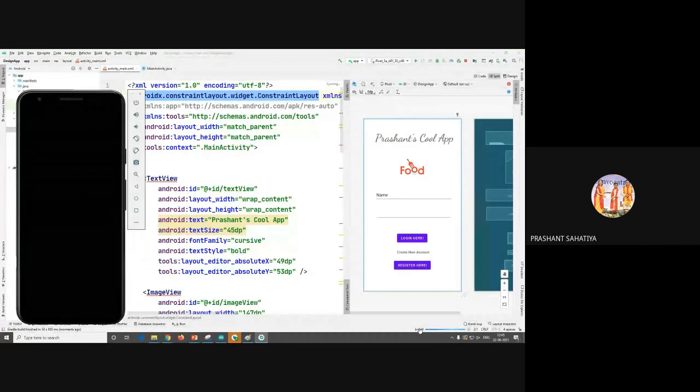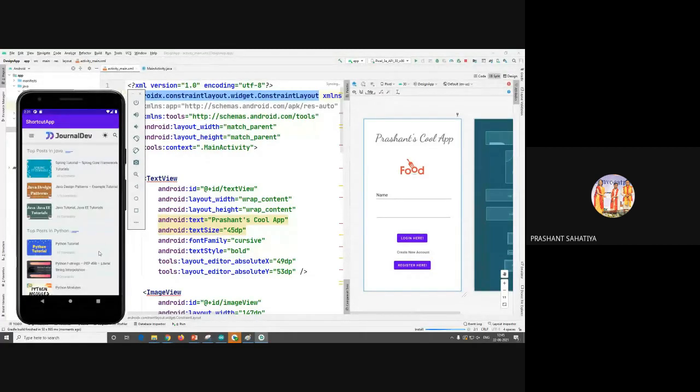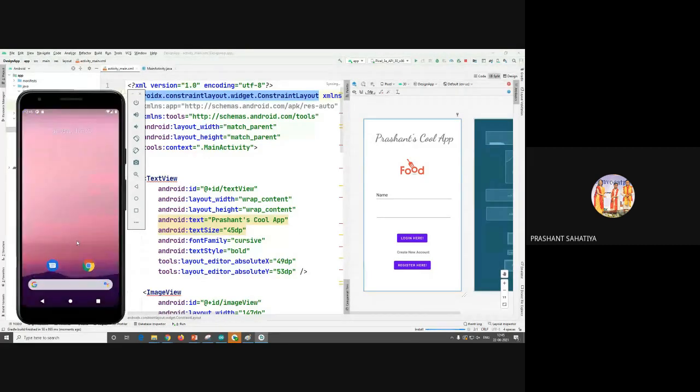See, it is installing here. It is written install. We'll create a complete login registration app today.